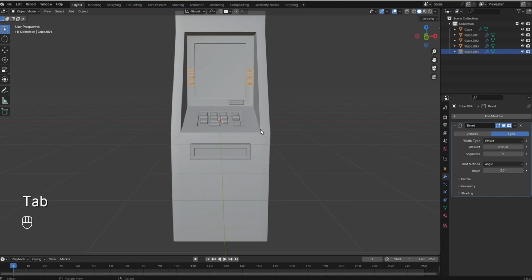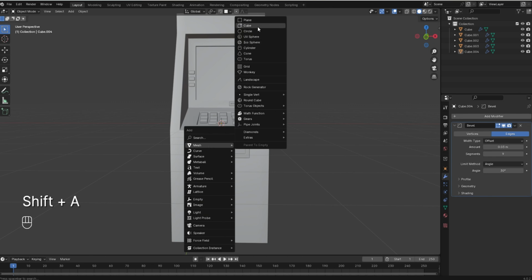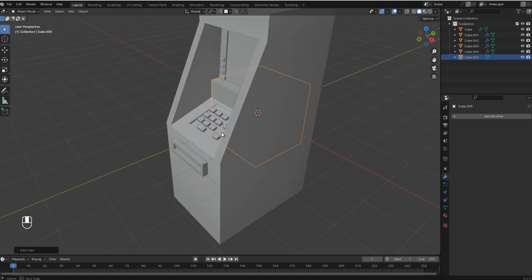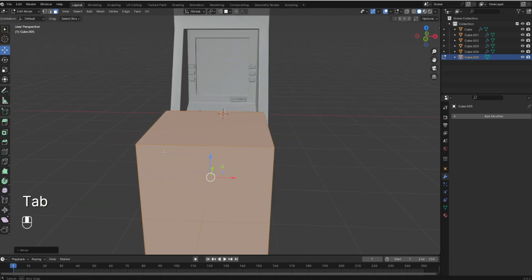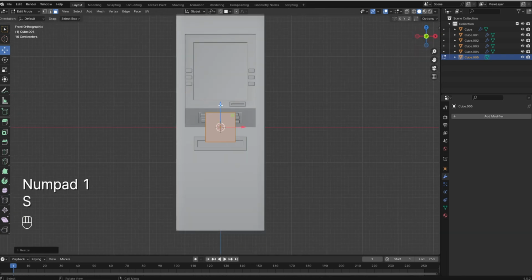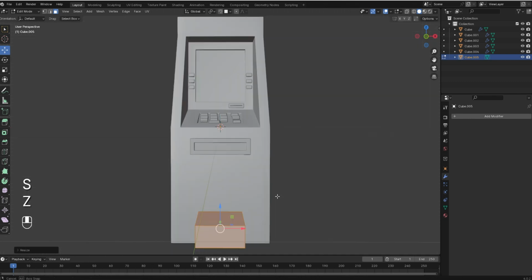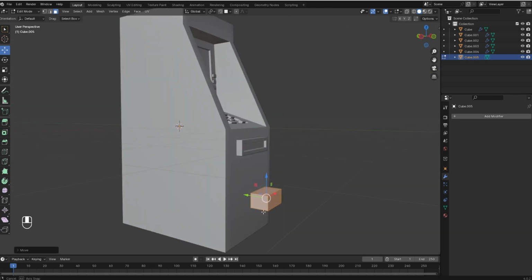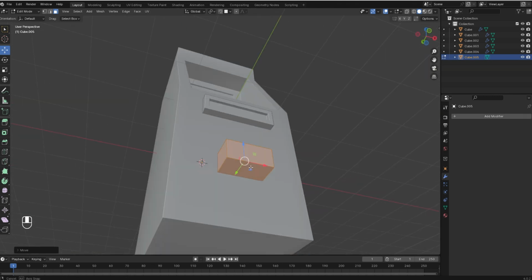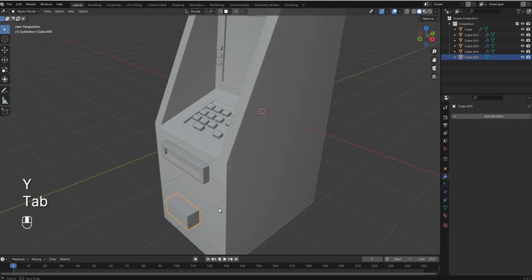Let's go to object mode and add another cube. Shift A to add another cube. Then let's select our cube and tab into edit mode. Let's bring this out. Then let's scale this in a little bit. Let's scale this in the Z axis and in the Y axis. Let's scale this in the Y axis. Then let's tab into